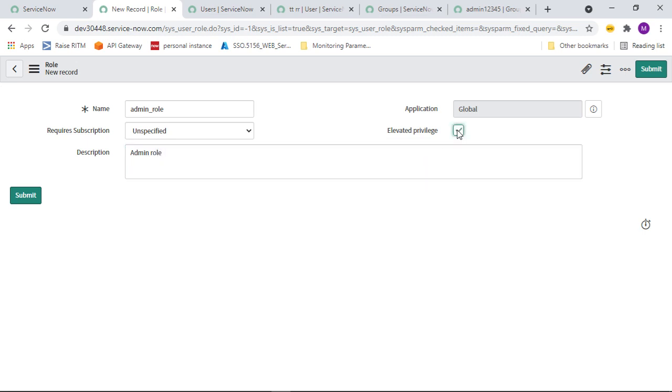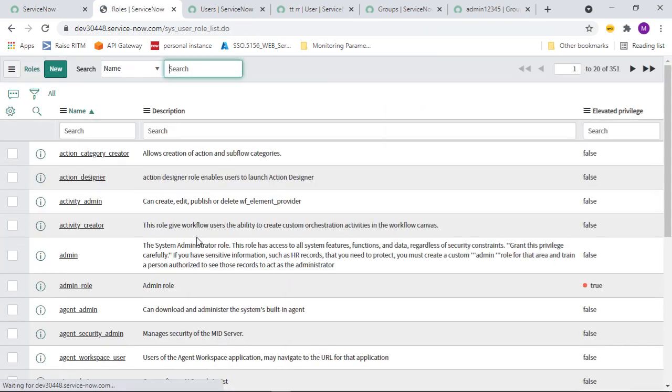If you click on Elevated privileges, you have access to create ACLs, run background scripts and execute fix scripts, so special rights for that role. If you submit this, the role is created, called admin role.